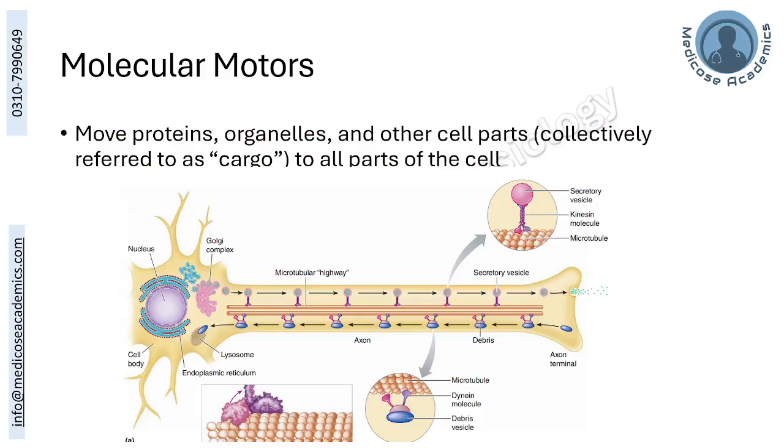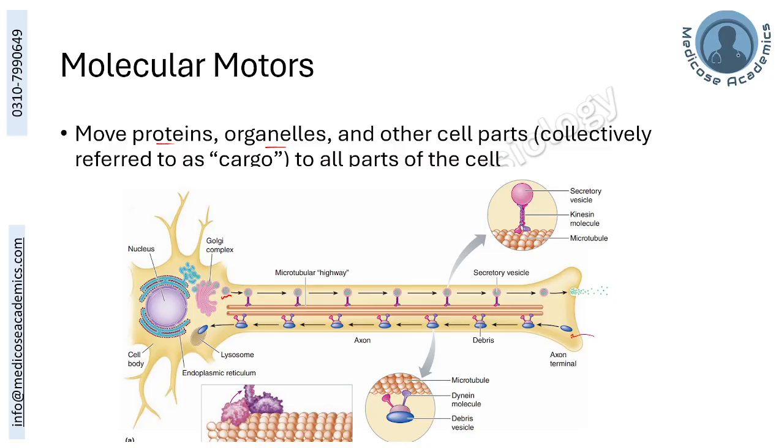Dynein, kinesin, and myosin. So molecular motors, what are these? These are structures of the cell, non-membrane bounded cellular organelles that can move proteins, organelles, or other cell parts, which we call cargo, to other parts of the cell. For example, here neurotransmitter is being formed and stored in the vesicle and is being transported by this kinesin protein while walking along this microtubule to the neuronal terminal for exocytosis into the synapse.